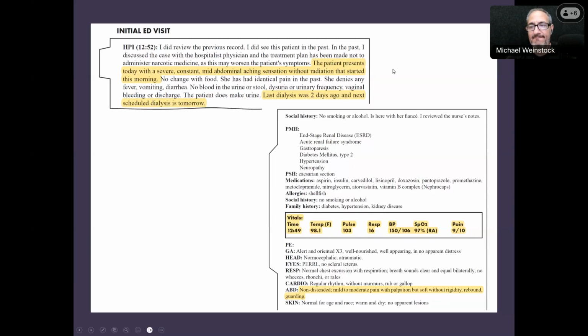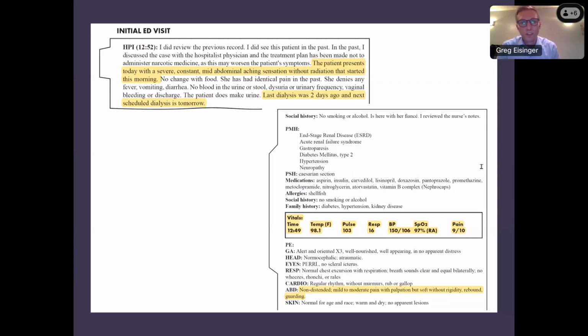Sure. So, I think with any of the testing that we're going to order in the emergency department, it's going to be directed by our differential, right? So as Cody laid out, those are the things that we're thinking about here. And you try not to be too much of a Monday morning quarterback on these cases and think about, well, what would I really have done, not knowing that this is a bounce-backs critical care case, which obviously frames things a little bit differently.